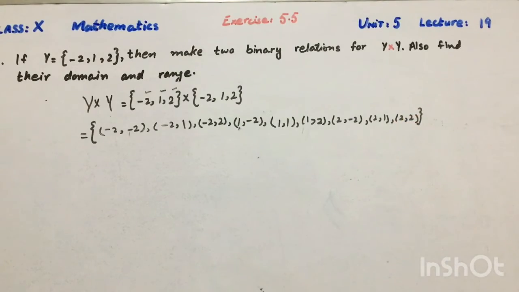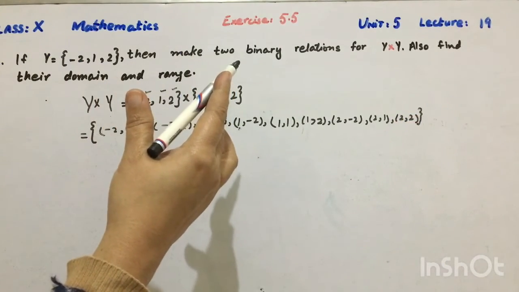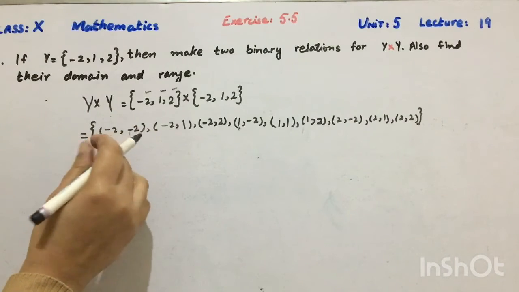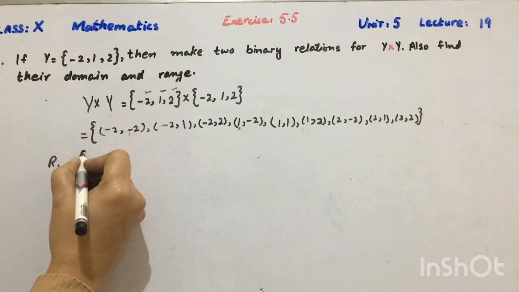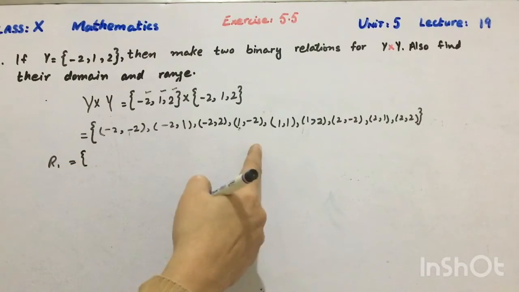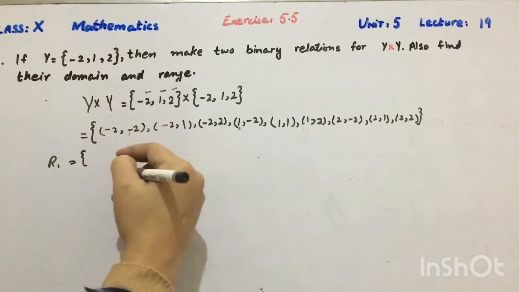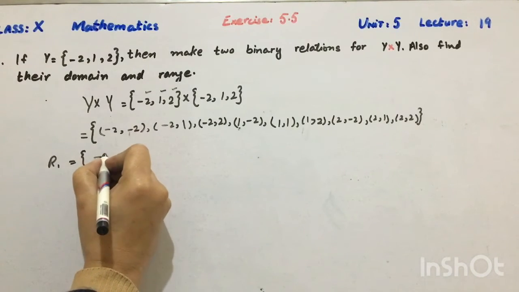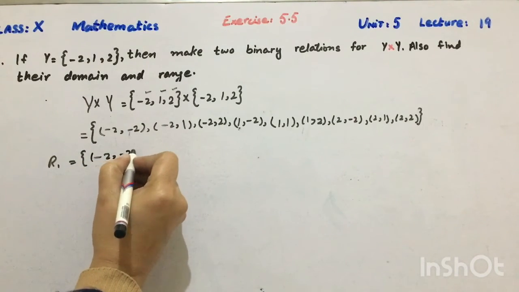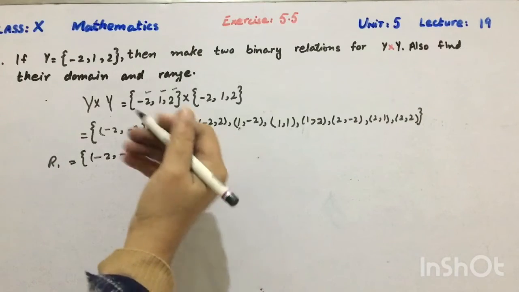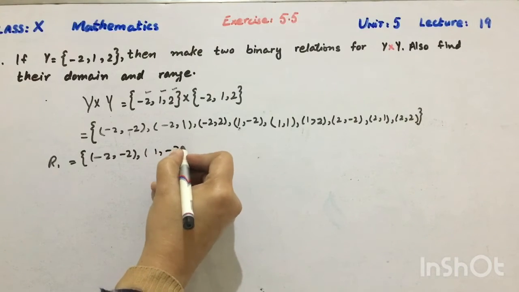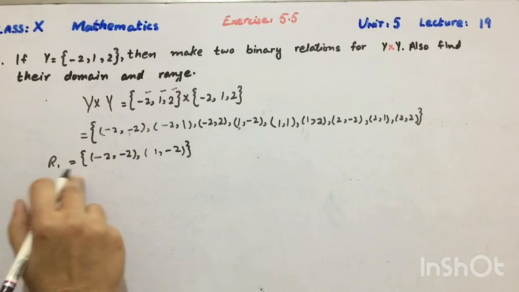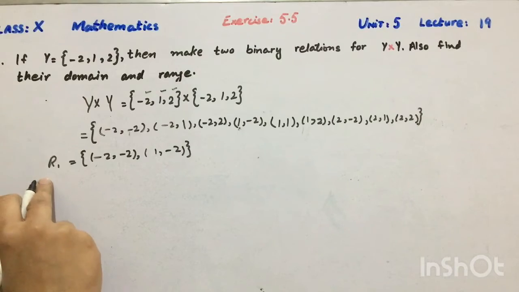So now we have to find two binary relations for Y into Y. I am just taking two relations from this set. It is up to you how many ordered pairs you take. I am taking only two ordered pairs to make my first relation. So R1 consists of only two ordered pairs,